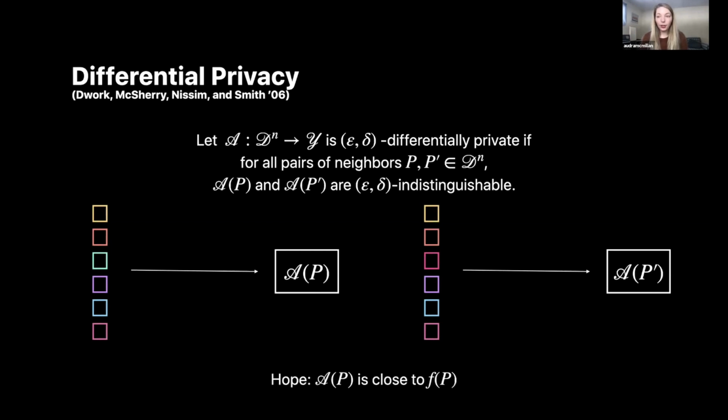Okay, so that's what we mean by privacy. And of course, our hope is that we can design an algorithm, A, so that A of P is close to F of P, which is the function we actually wanted to compute. So a large amount of the differential privacy literature is on designing algorithms A that are close to functions that we want to compute, but also satisfy differential